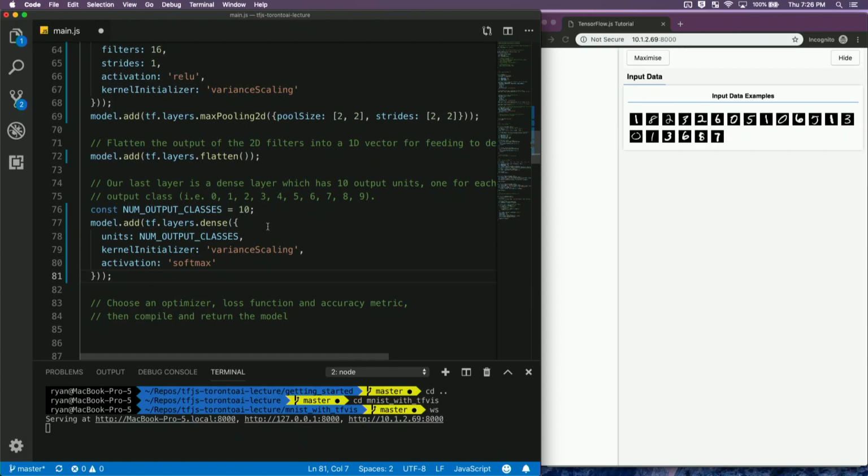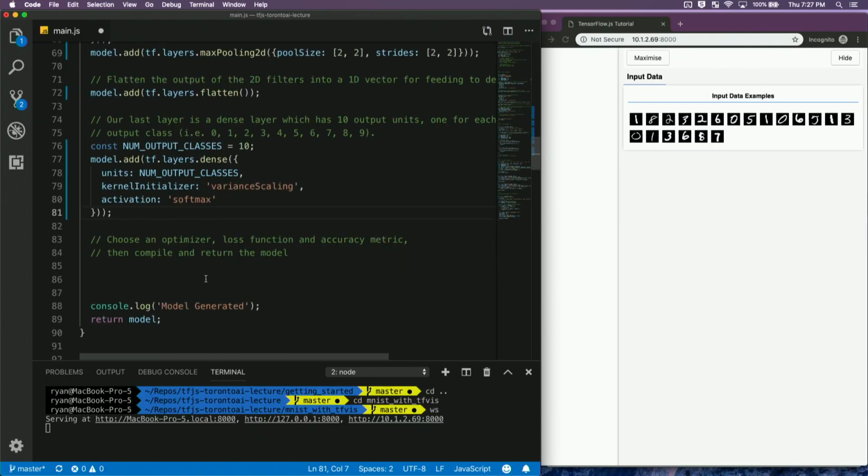But we just have a final dense layer, which the nodes light up if it's a 0, a 1, a 2, etc. Number of units is equal to the number of classes. It's just 10 for 0 through 9. We're going to use a softmax activation function, and again, variance scaling to initialize those weights. Okay, so that's the model defined.